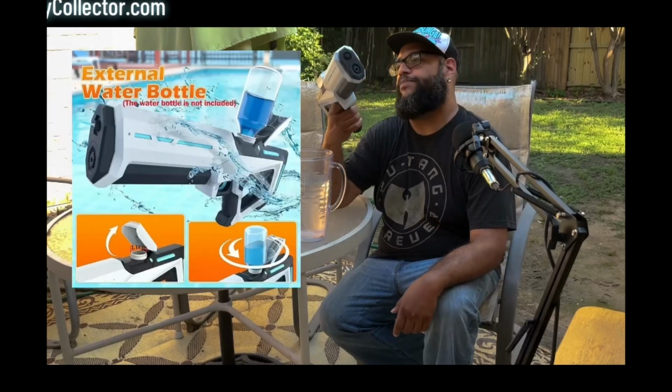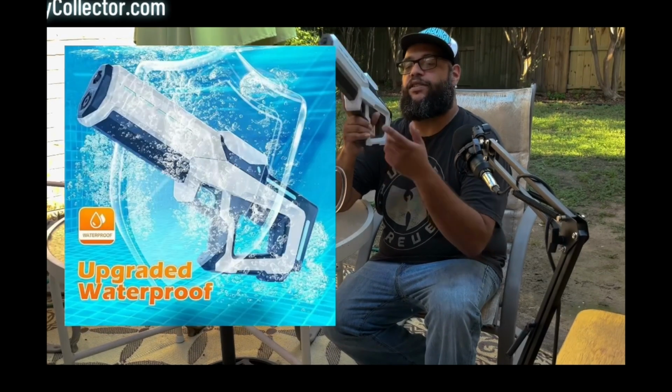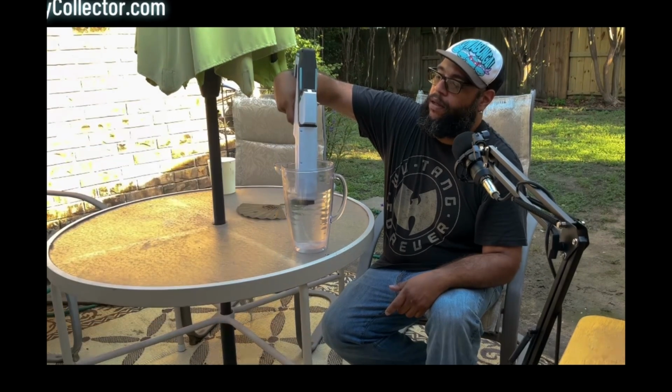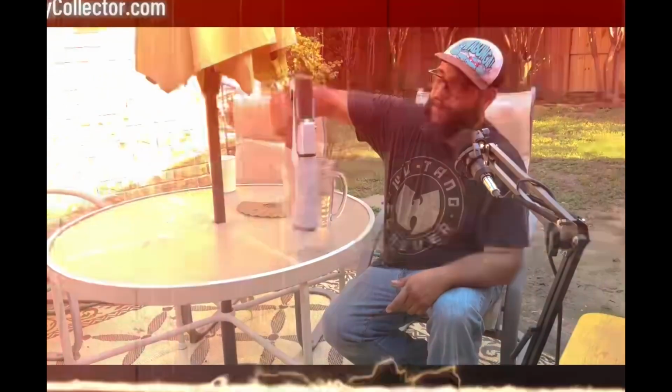Okay, now we're outside because we're going to be testing the product specifically for outdoor use. Right here for everybody. Taking a look at this, pretty simple up front, right? We're going to get a better look at this in a little bit, but we've got two things: trigger and top. Fill it like so. It's supposed to fill in 13 seconds. We're going to test that here. Now, before we start...